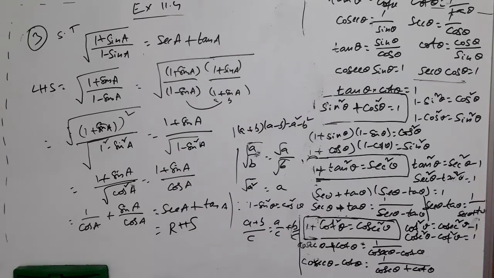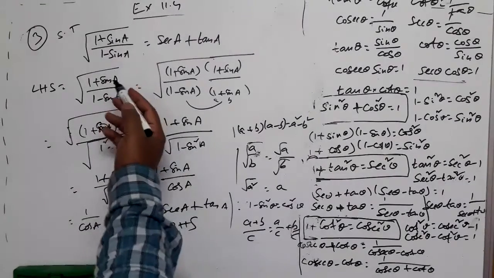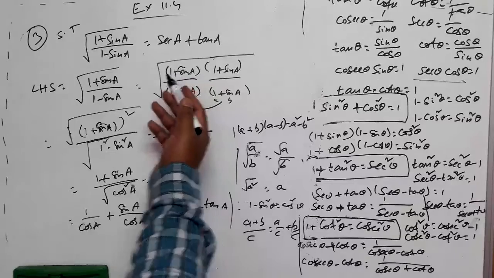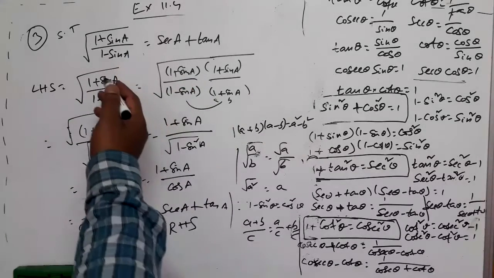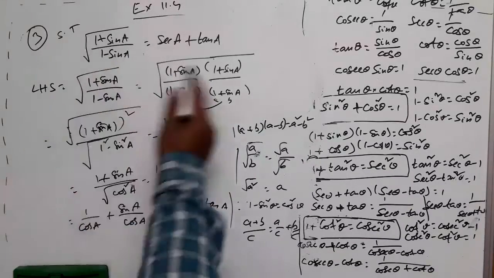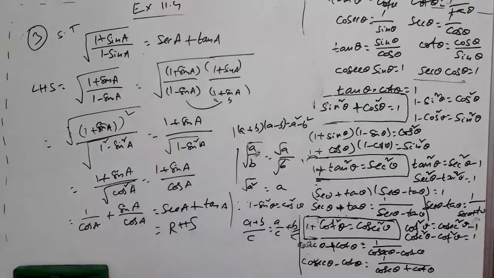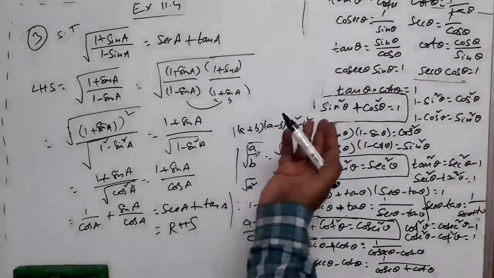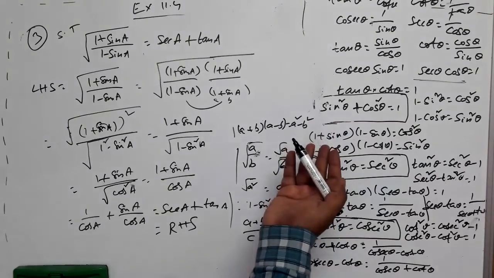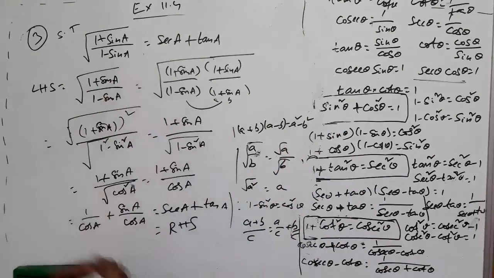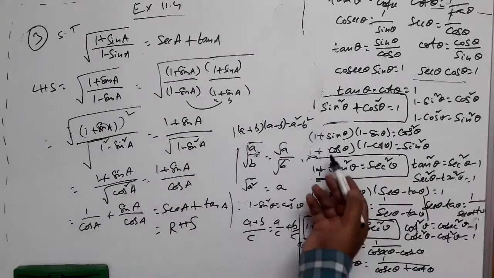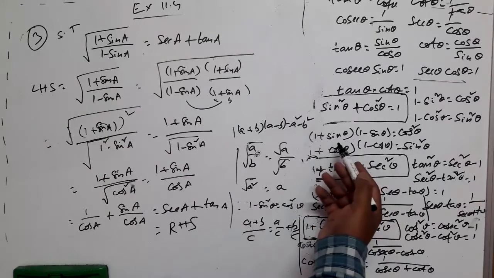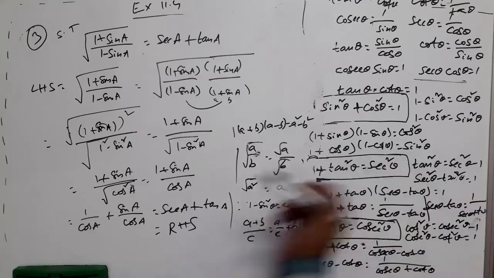Have you got the RHS or not? Yes. LHS is equal to RHS. How have you proceeded in this question? You have observed that LHS contains a square root, RHS doesn't contain that, so you don't want the square root. LHS contains 1 minus sin, 1 plus sin, but RHS doesn't contain that. So further you have searched for any identity which will be useful now. Here you have observed that 1 minus sin and 1 plus sin, if you have, can be replaced by cos theta.